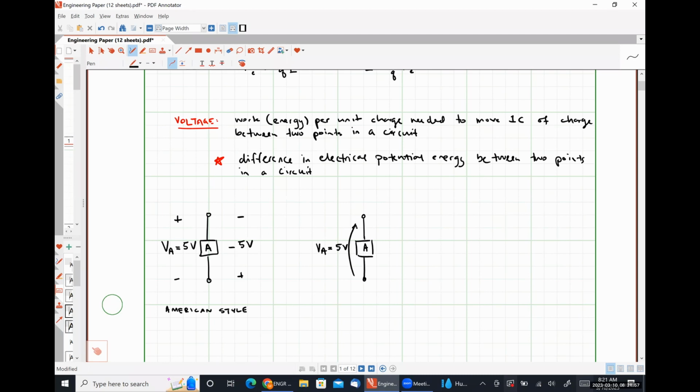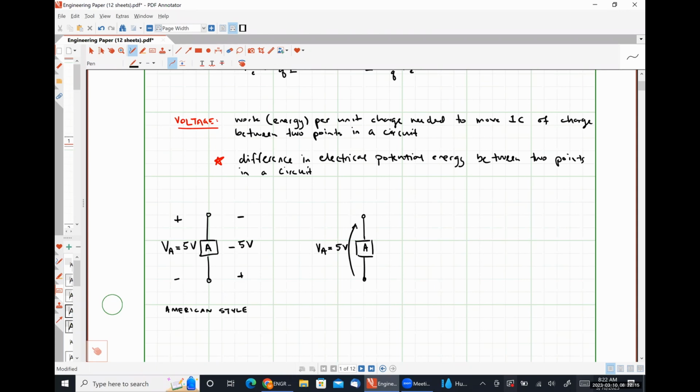I personally do not care for this because to me, arrows are associated with currents. Okay, so I don't particularly care for this way,